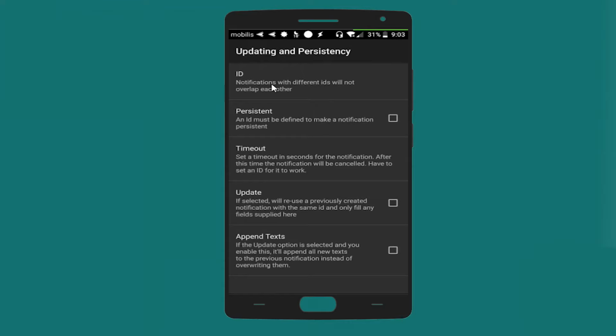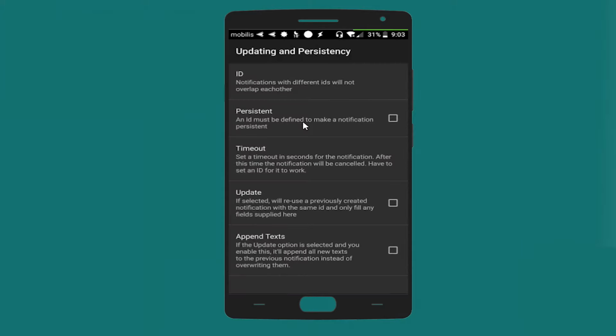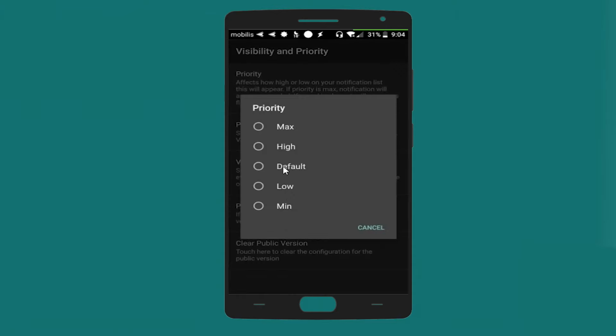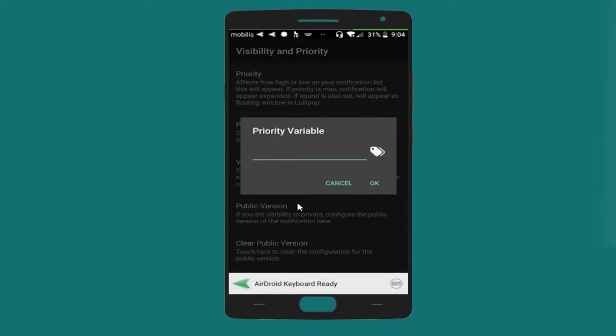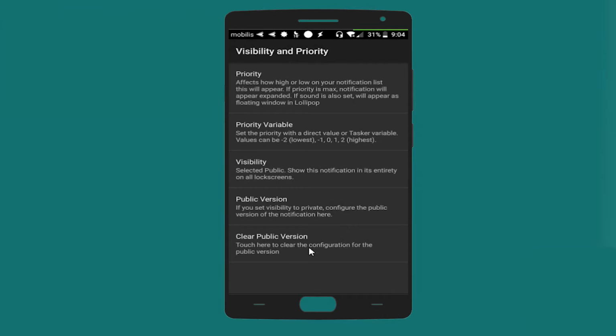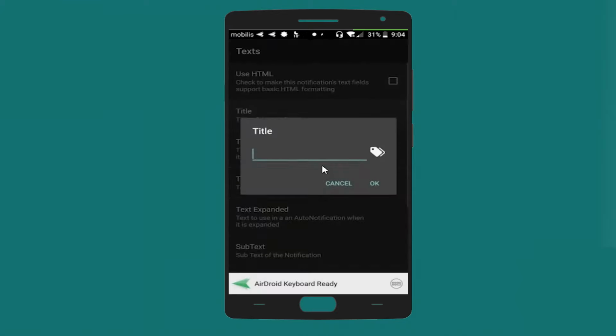For the persistency, type the cell ID, and we are not going to put it as a persistent notification. Okay, let's go back, and for the visibility and the priority, let's say default, and here is public. And let's go back. For the text title we will put in,